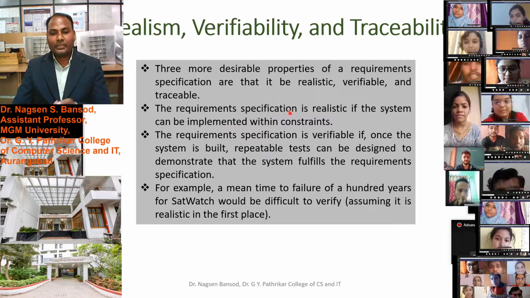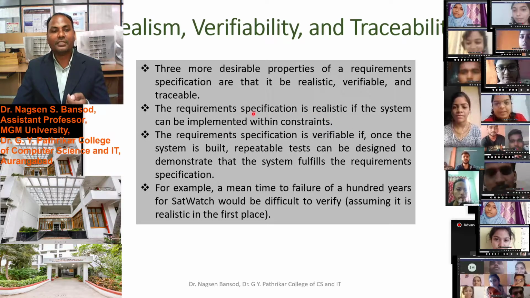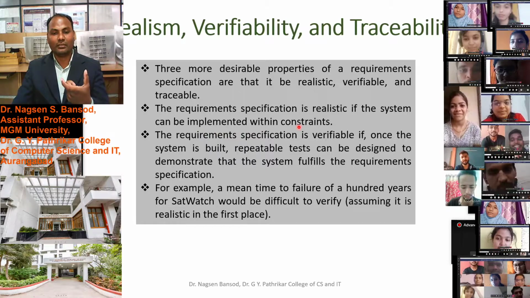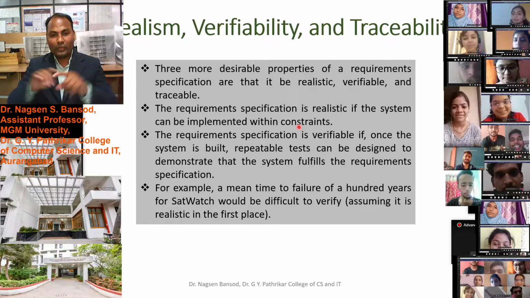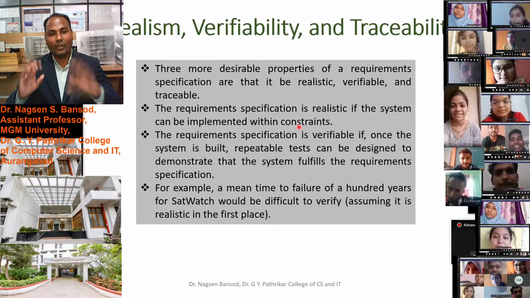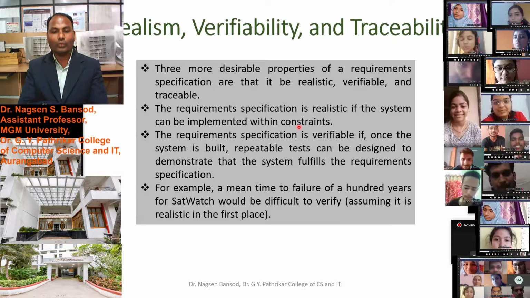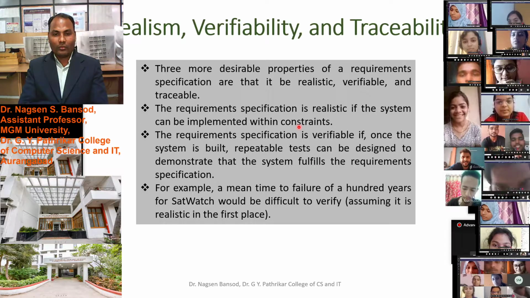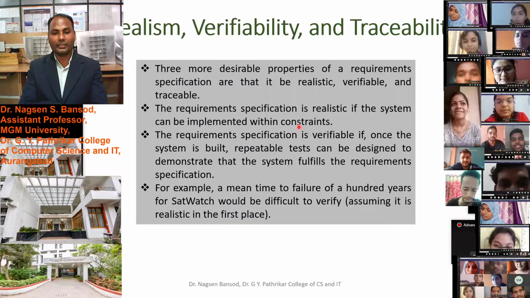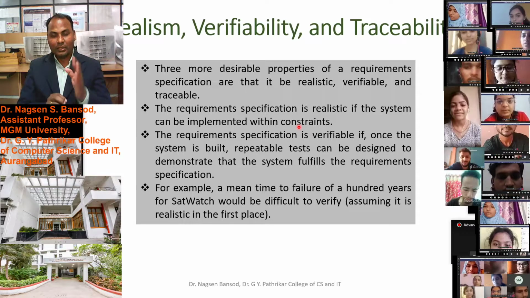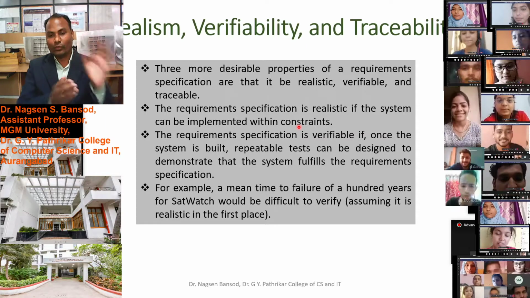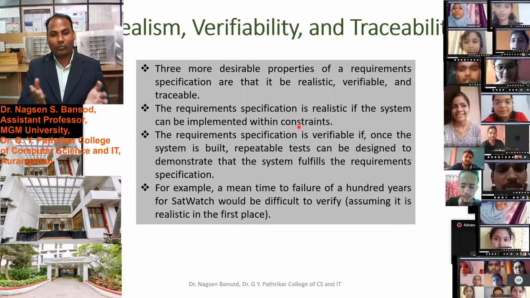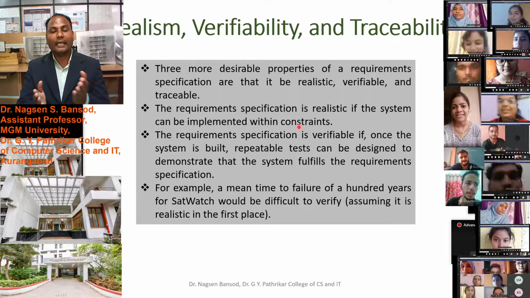The requirement specification is realistic if the system can be implemented within the constraints, within the rules by which we have designed the software. Suppose we talk with the user and promise to give certain features in our software. Those features should be there. That is realistic.